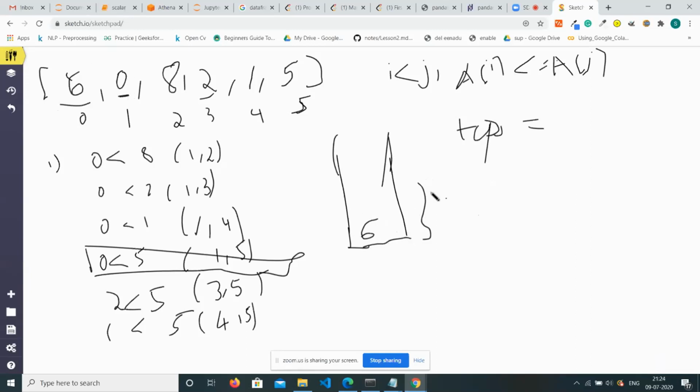The next number which is coming up is 6. So I will check if the top of the stack, which is 6, is greater than or equal to the current number, then I will just insert it into the stack. Or else, this will be the iterative process. So the next number which is coming up is 8. So I will check whether the top of the stack is greater than or equal to 8. Here, as 0 is not greater than 8, what we will do is